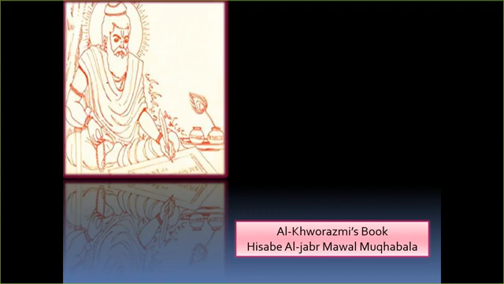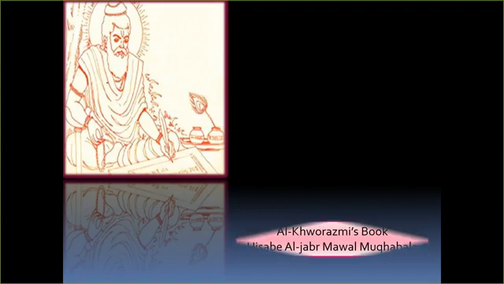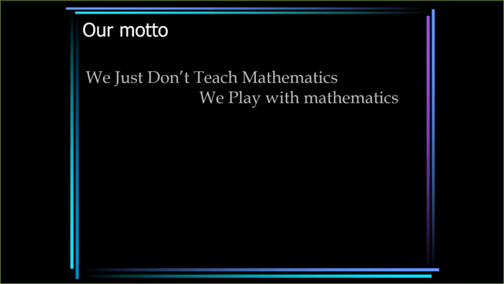Okay, the British liked this book, and they translated it into English. They didn't want to use such a big name, so they kept the name Aljabar. They were not able to pronounce it, so they mispronounced it and started using the word algebra, and today we know it as algebra. So see how rich our Indian history has been. We will be talking a lot about history. Okay, we don't just teach mathematics, but we play with mathematics.